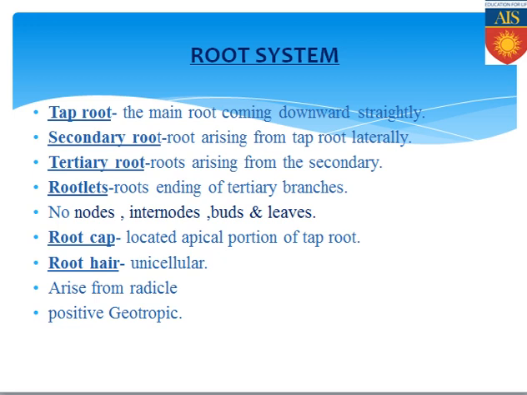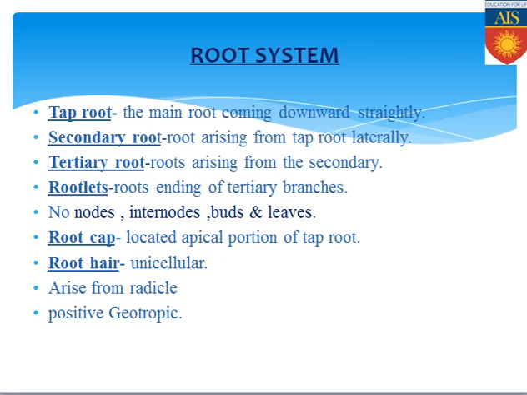In angiospermic plants, you can see the taproot and fibrous root systems, but a few plants belonging to the angiosperms also show the adventitious root system. So first of all, what is the taproot system? In a taproot system, always keep in mind there is a main root which always grows downward in a straight manner, and that main root is commonly known as the primary root.